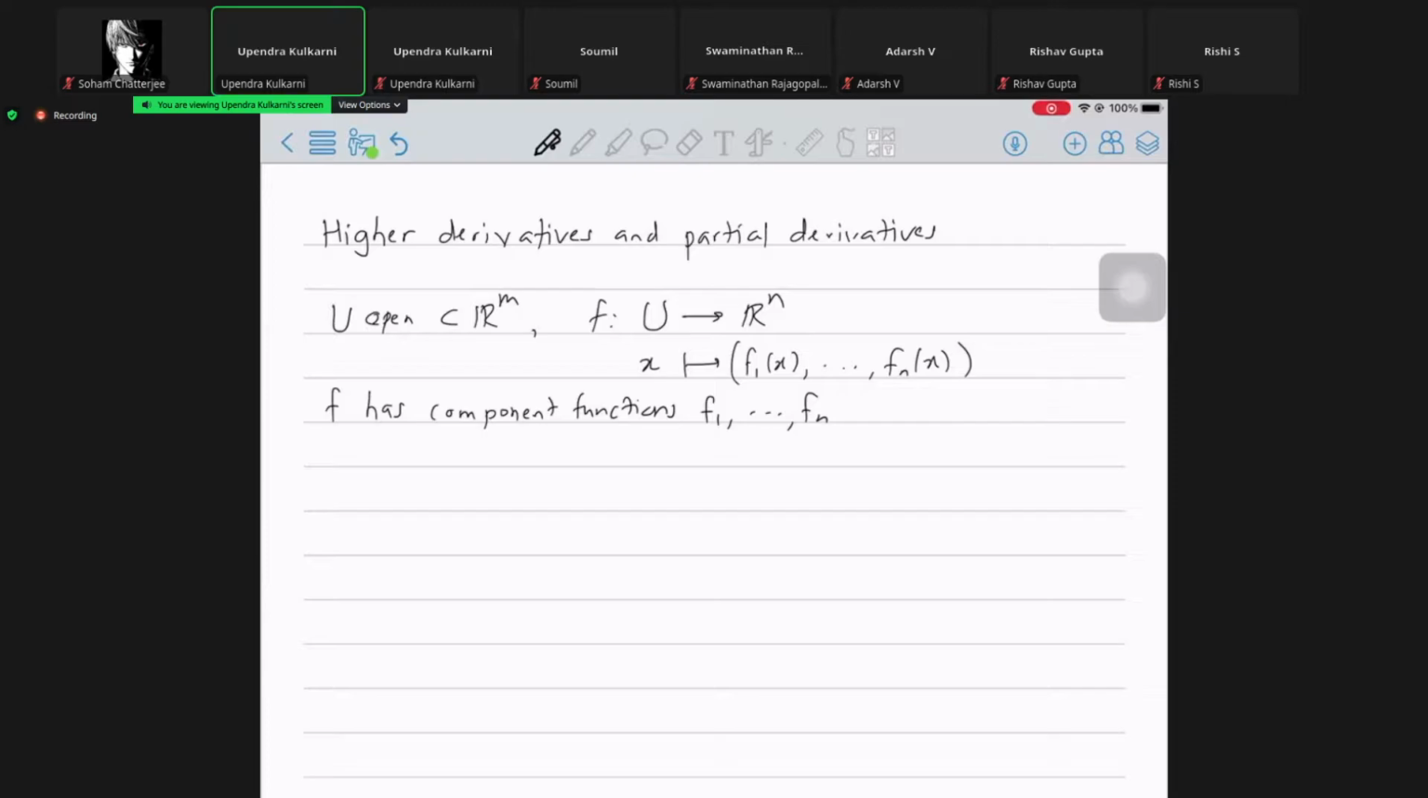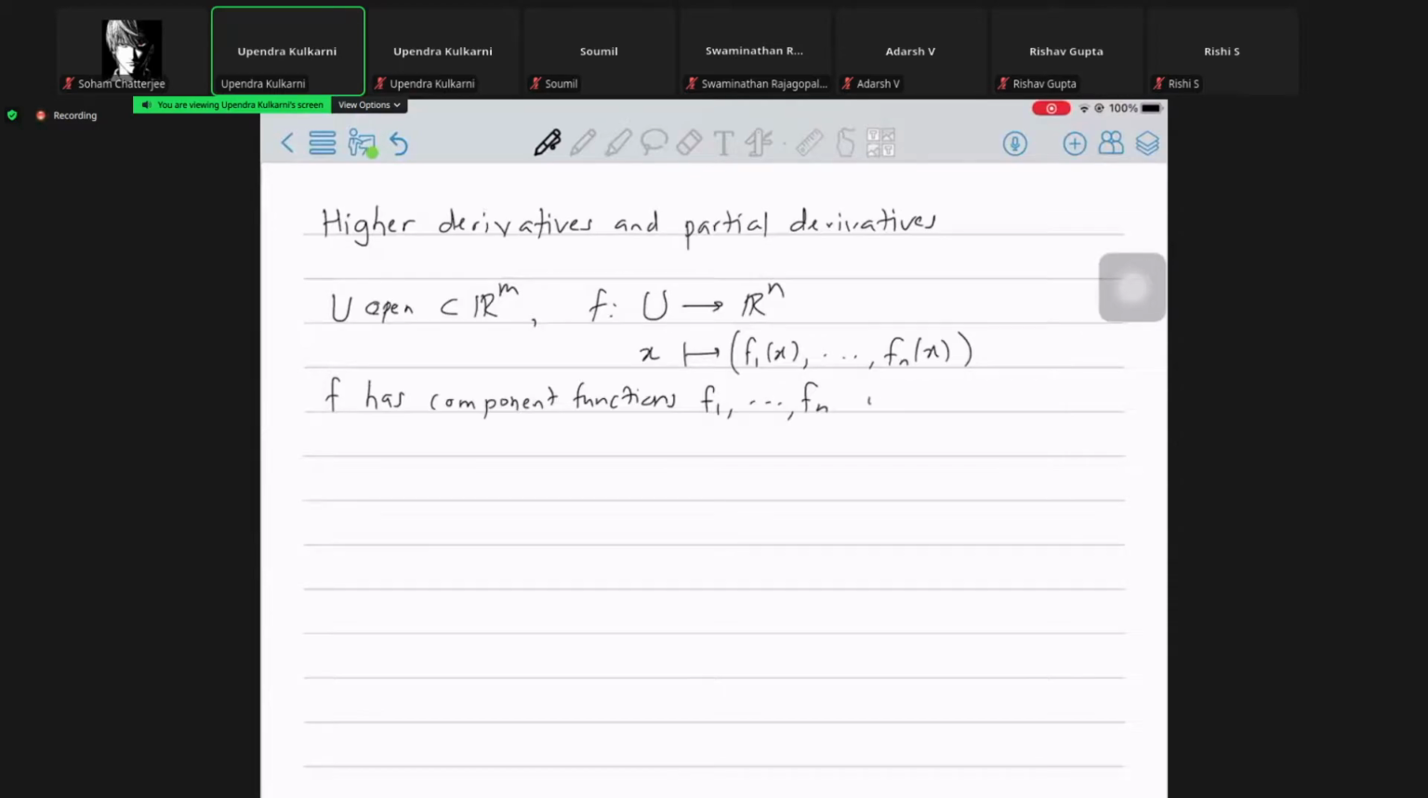Okay, so we are in the standard situation where I have a function defined on an open set of Rm to some Rn, and we want to see what it means to take higher derivatives of this function and also higher partial derivatives. So this f will have n component functions, f1 up to fn. So the first slot, you have the number f1 of x, where x is your input, and so on. Let me just write here, f has component functions f1 up to fn, with respect to the standard